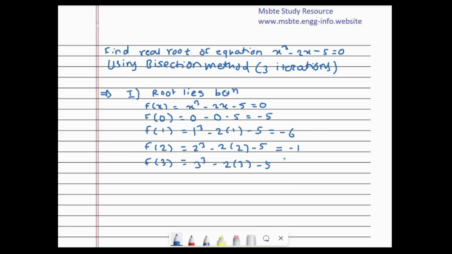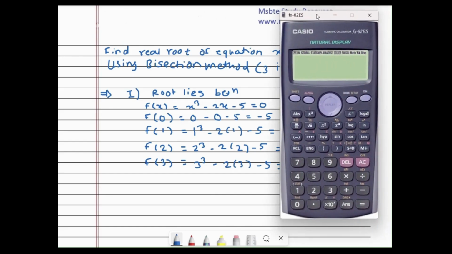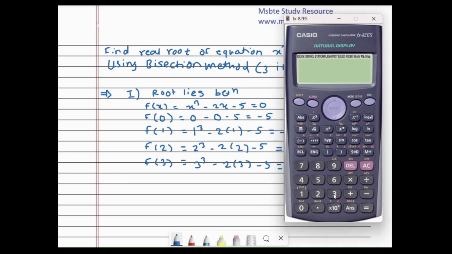ये कहाँ तक जाना है? Till we get the change of sign. Means the sign is negative, negative, negative, and where we turn positive, we will stop there. Let us calculate this using a scientific calculator. Over here we go for 3 cube minus 2 into 3 minus 5. So it comes out to be